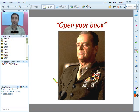Open your book. If you are a little older, you may recognize this guy from a movie, and he's very authoritarian. And some teachers are too. Open your book. Okay, everybody, class, open your books too, and right there, you're giving an order. Now, in some educational settings, teachers are taught this is one way that you create that kind of authoritative impression with specifically young learners. However, in a language learning environment, let's